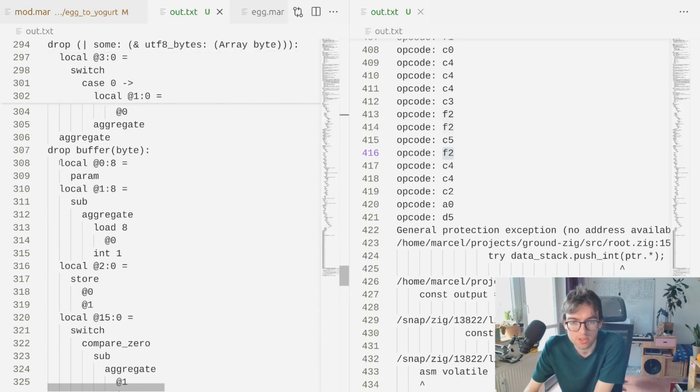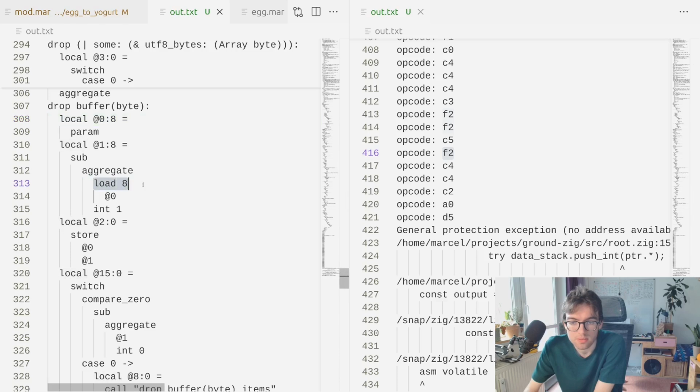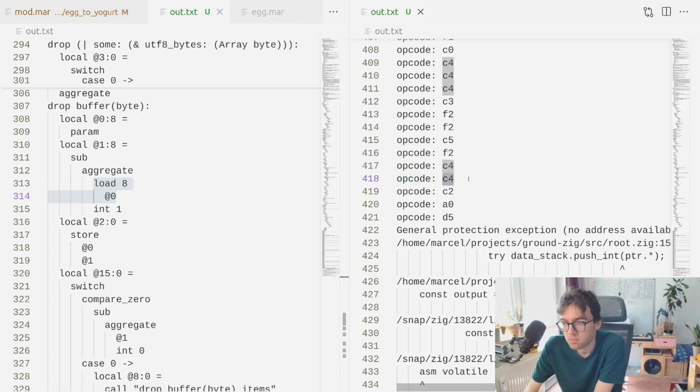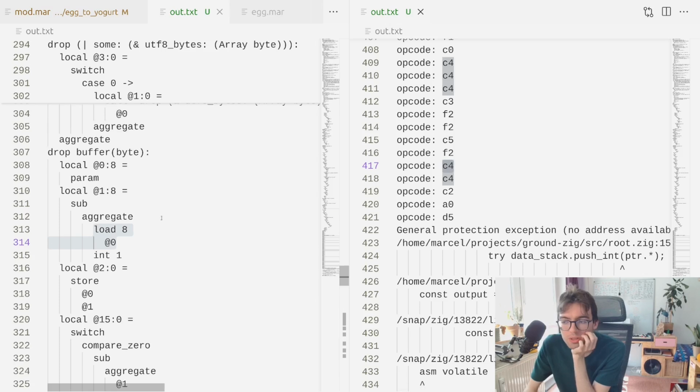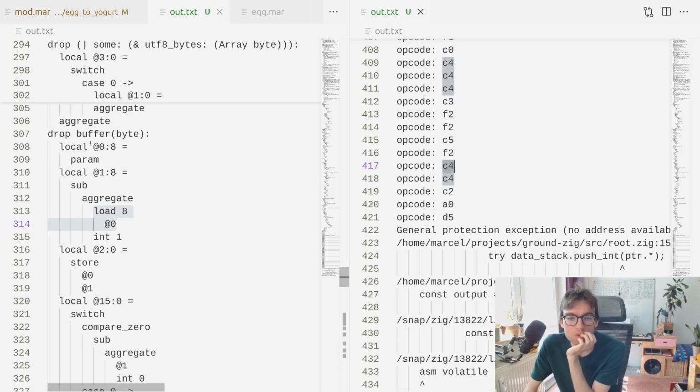Dropping the reference count actually translates to loading the byte, so pushing the byte, loading that, not sure about that one. Drop buffer. Oh, I see, this is probably